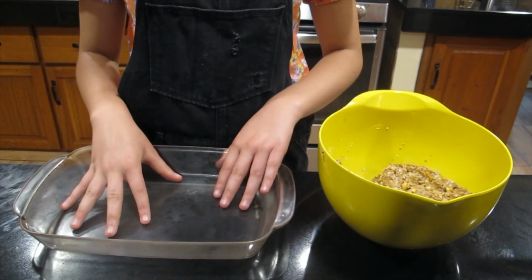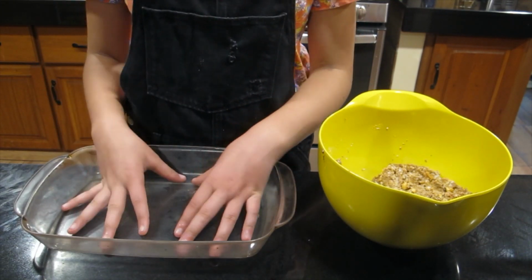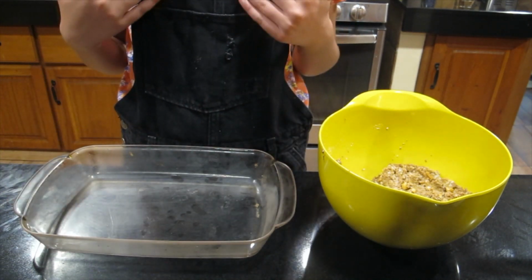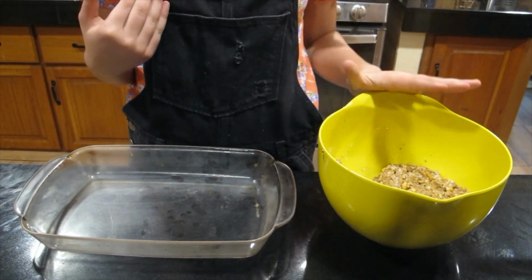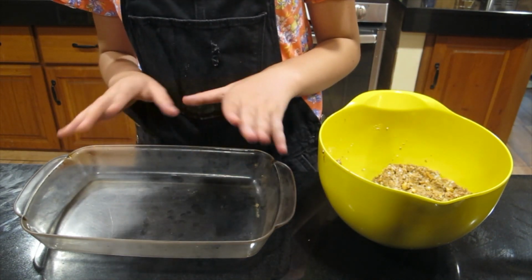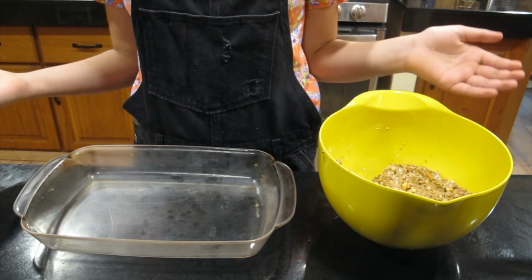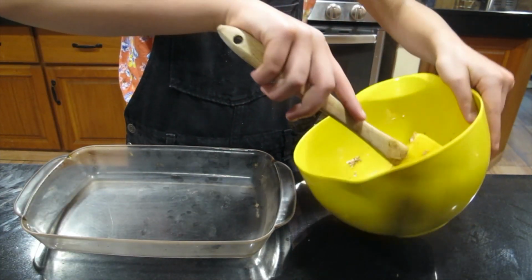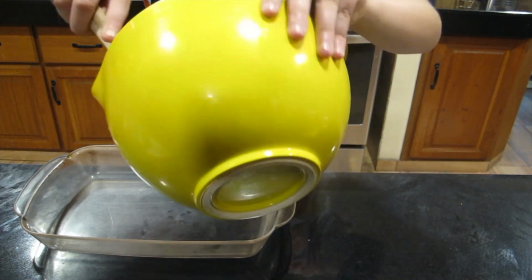And what we're gonna do is, in a pan, you can use a square pan or a rectangular pan like I am using. We're gonna add our mixture. Now, you can use parchment paper, but it's not necessary. So what we're gonna go ahead and do now is we're gonna put our